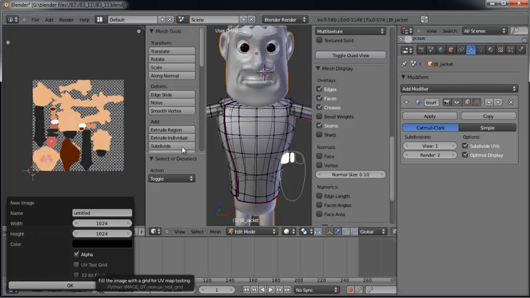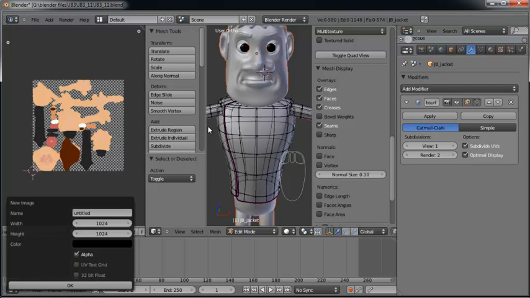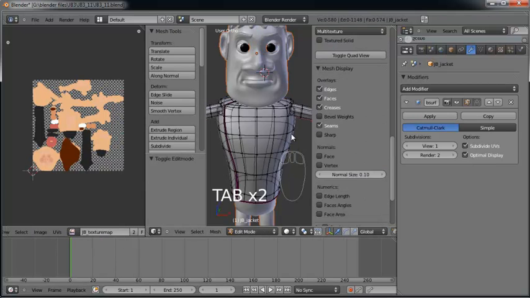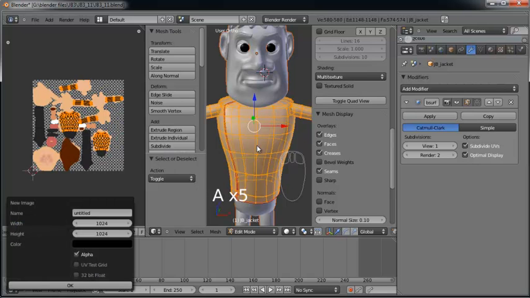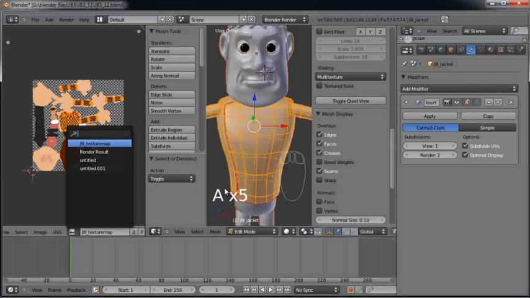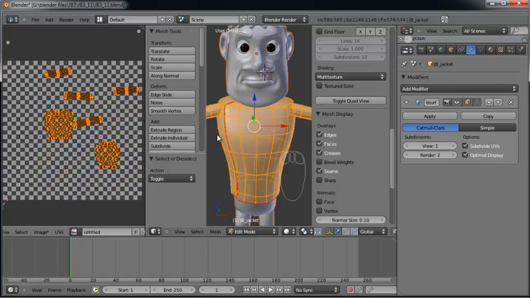And I like to use UV test grid just to see what I'm doing a little bit better. Did it not make it? Don't think it did. New image, UV test grid, okay. Well, maybe I have to select everything, no? Image, new. Oh, it's creating them, but it's not loading them in the window. So, select one of those two. Okay, and we're going to go